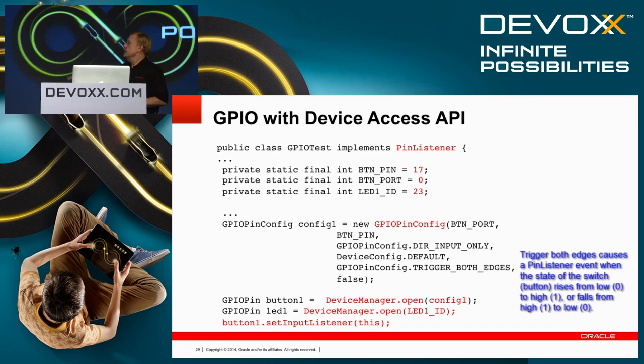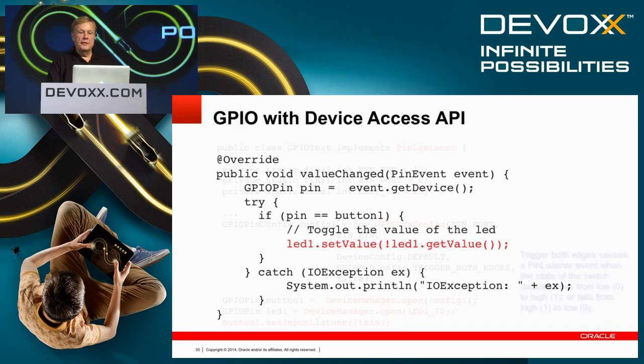and now the button is set up. Then with the LED, we're going to do the same thing, but we didn't have to use the config because the LED is very simple. We're just associating the LED with a particular pin, and if the pin is high, then the LED should be on. Pin is low, the LED should be off. And then we're setting an input listener. When the value changes, close or open, then the value changed method is going to be called, passing in the